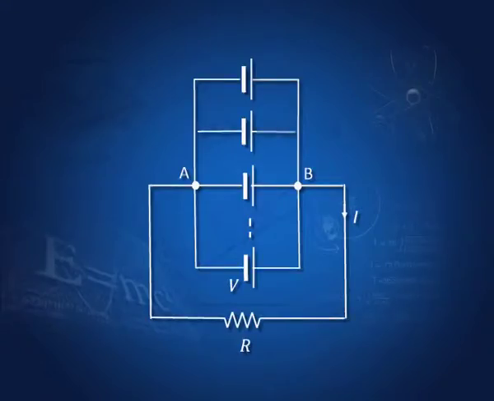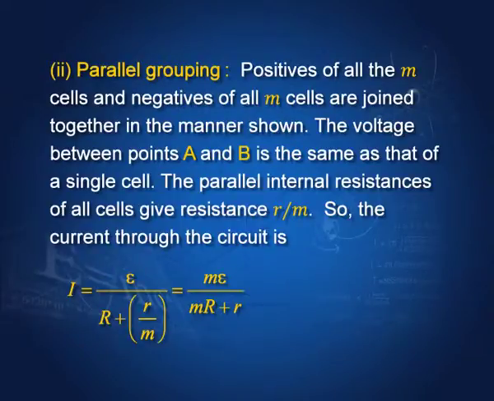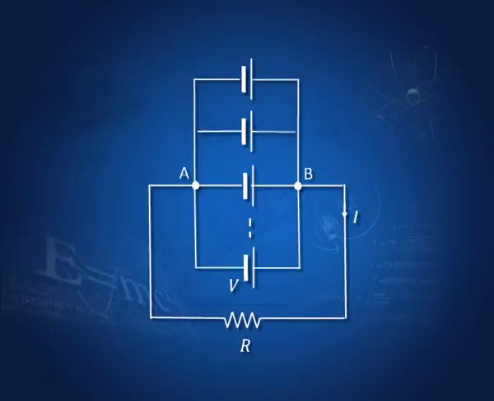External resistance R, internal resistance in parallel. So, if one resistance is small r, then this will be r by M, and the total resistance is therefore R plus r by M. N we use for the series combination and M I am using for the parallel combination. So, therefore, the current now is the voltage, whether you take here, here, here or here, is the same, because